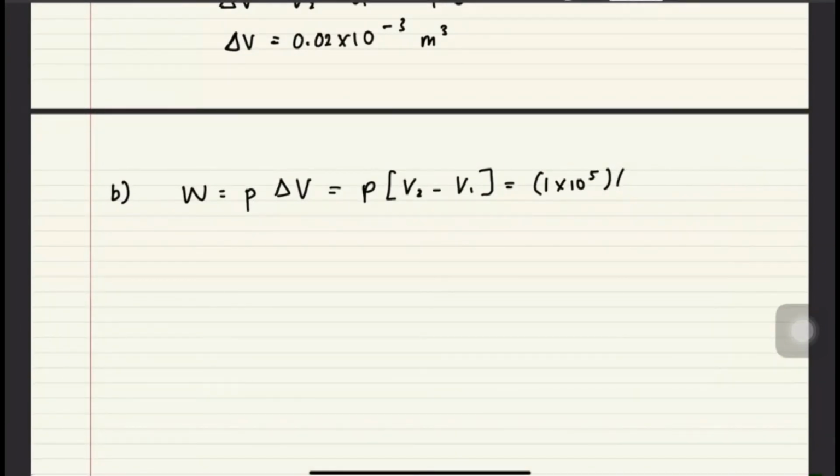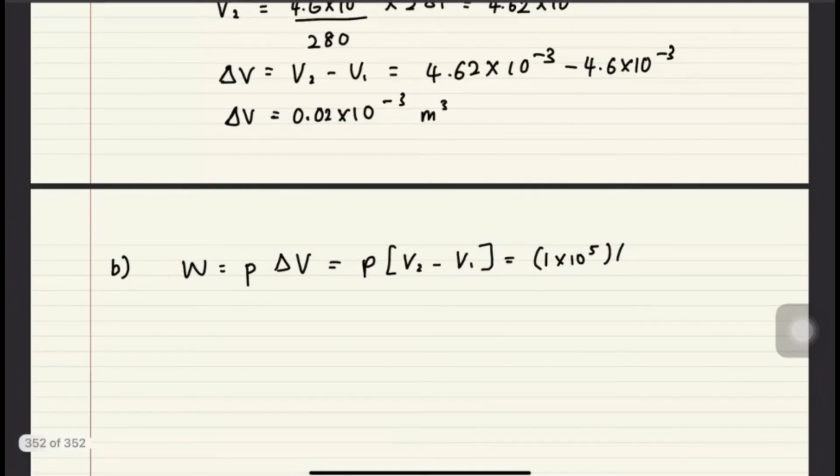So sebab kita dah kira delta V tadi, saya masukkan je lah delta V. 0.02 times 10 negative 3. Okay, here if you calculate over here in centimeter cube, you have to convert to meter cube inside here. Okay, kalau kamu kira this one got negative, you have to substitute the negative sign inside here. Sini pun kena ada negative tu juga kalau dapat negative tadi. Okay, now you will get